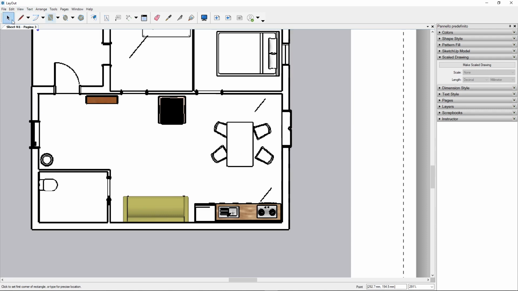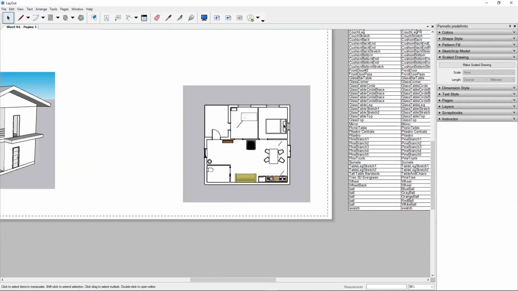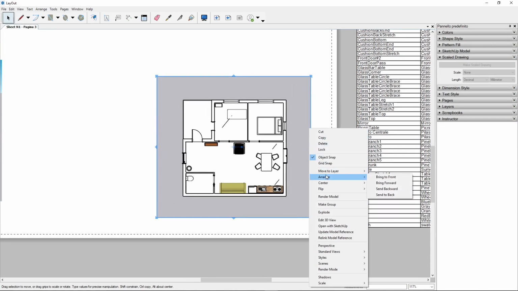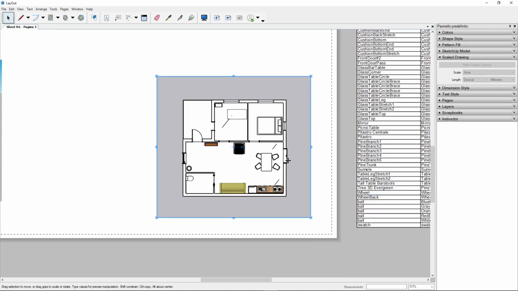Okay, now another important thing is to understand the arrangement. So if I select this, right click and say arrange, I want to send this all the way to the back. Now another important